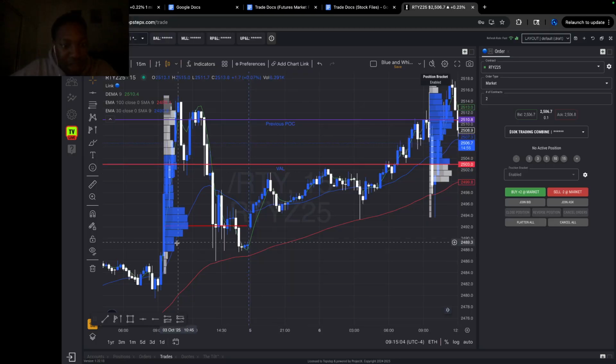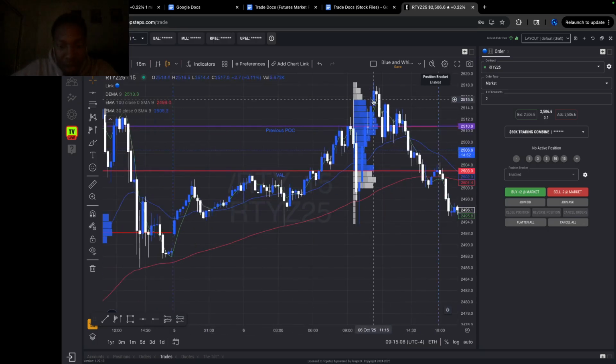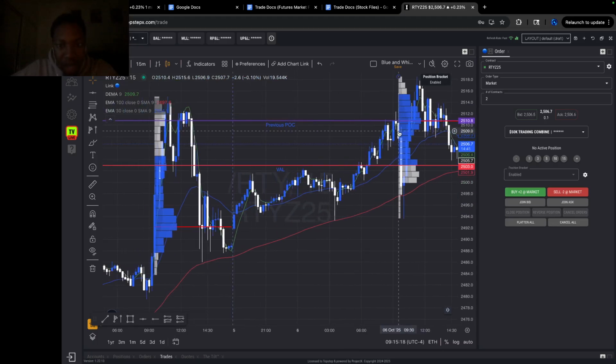You'll see that this is the value area, right? And the market opened inside of value. The market opened up a little bit outside of it, came back inside of value, rejected off of this major LVN,